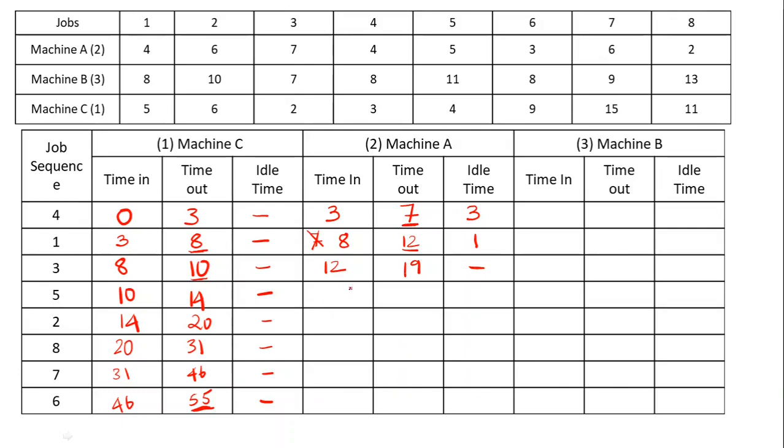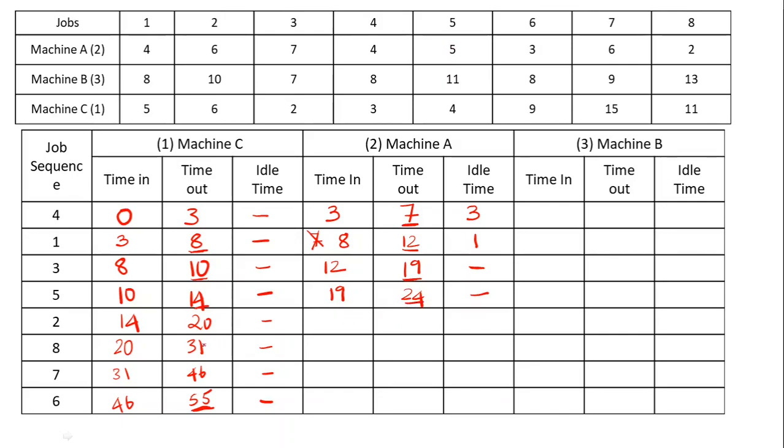Now again compare this timeout value and this particular value. Obviously you can find out, 19th hour, after this the process is completed, it is open for the next process, whereas the incoming job number 5 has completed in the 14th hour itself. So we can start the process directly at the 19th hour. No idle time over here. So 19, 5, and it takes another 5 hours to complete this work. So it takes 24 hours.